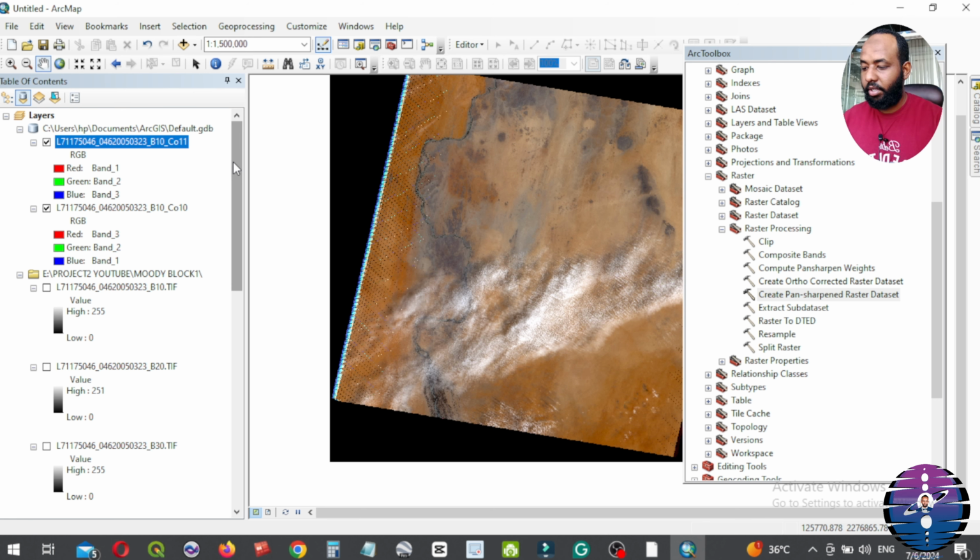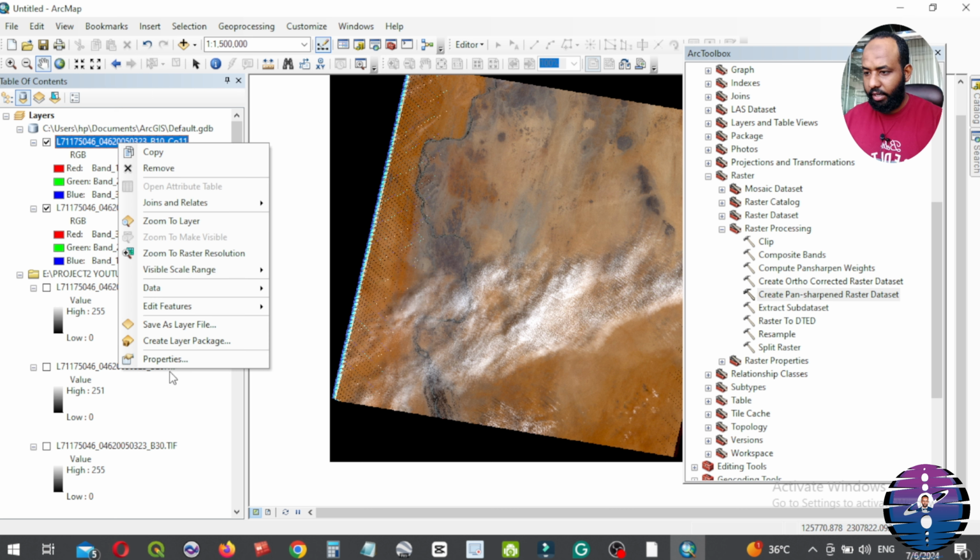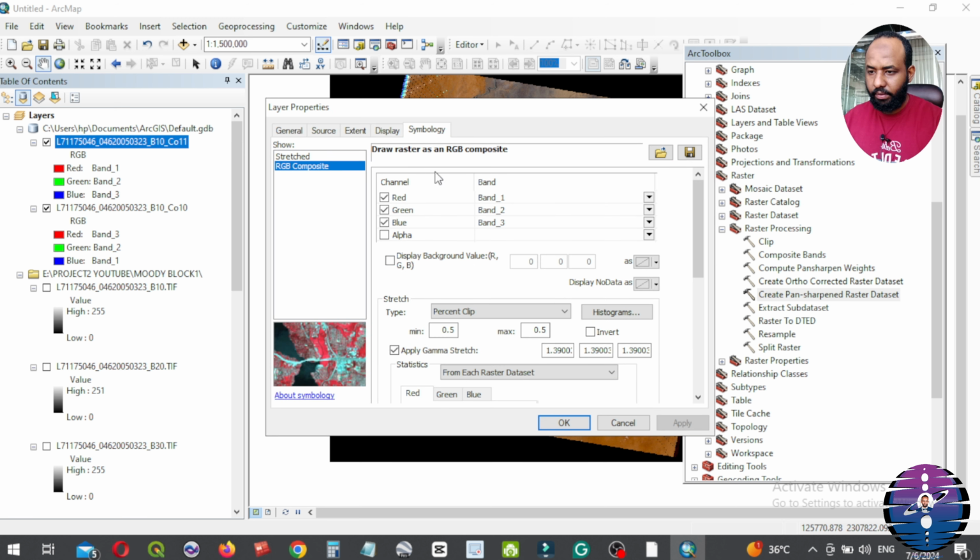After that, from the symbology option, we can adjust the colors until we achieve the desired level. Right click, properties, symbology. Red, green, blue, 1, 2, 3, we can make it 3, 2, 1. Apply. Okay.